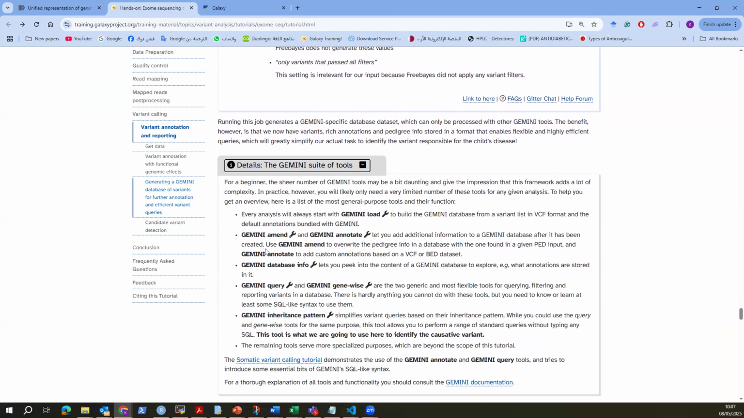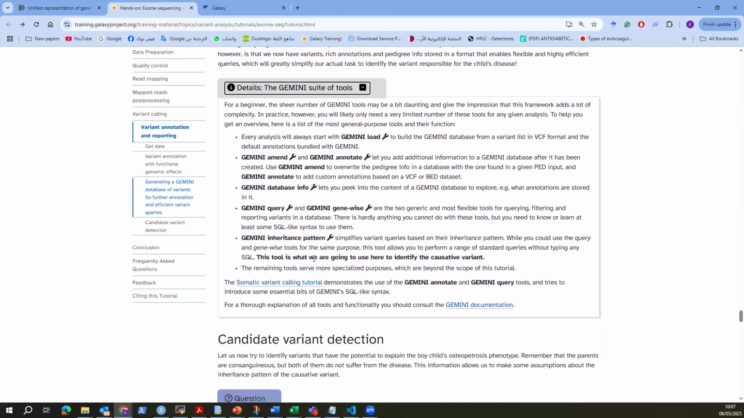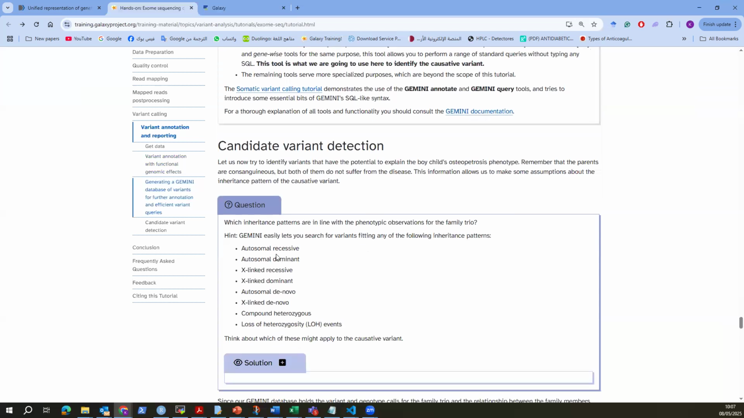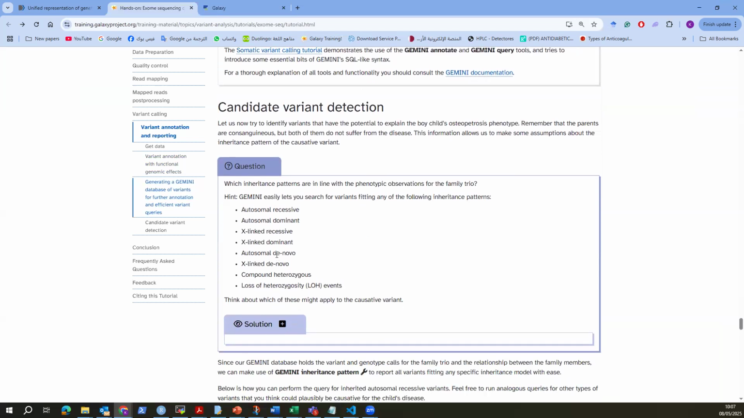Gemini has different tools, so it can load, it can annotate, it can amend. So if you want to amend the Gemini database, then you can do the Gemini annotation and add database information. The query is for people experienced with SQL. However, we will discuss that later. And then for the variant detection,